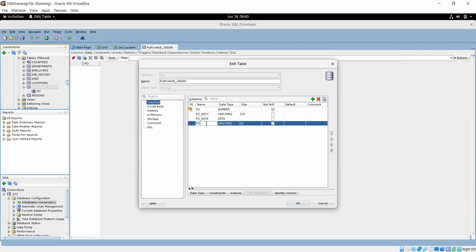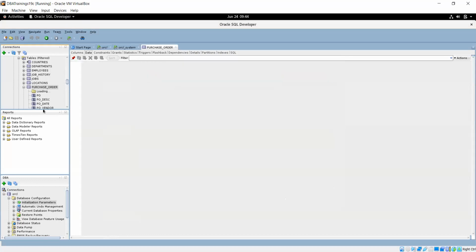So I can mention the PO vendor, and the vendor should be in Varchar2. Some people put the vendor code, so that can also be possible. So then I can put the number here, it's not null, it should not be null. This way we can customize it as well.